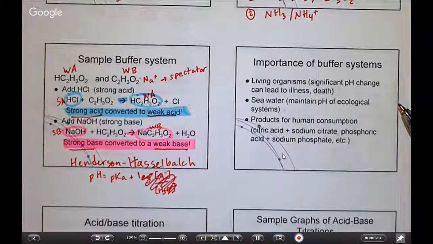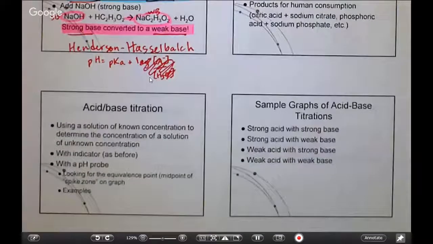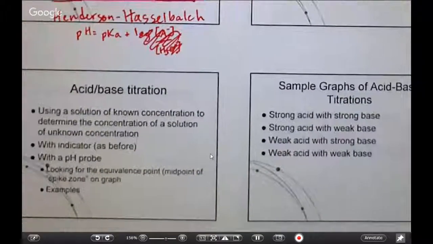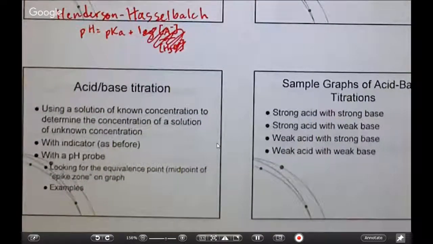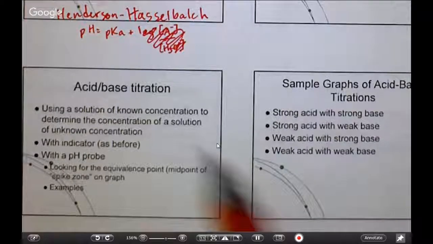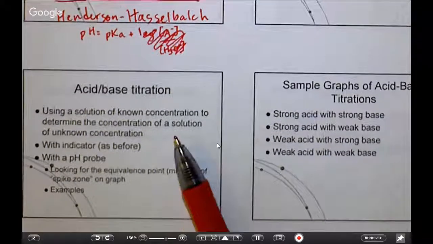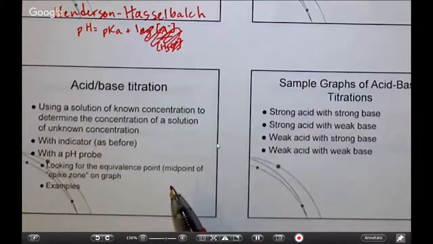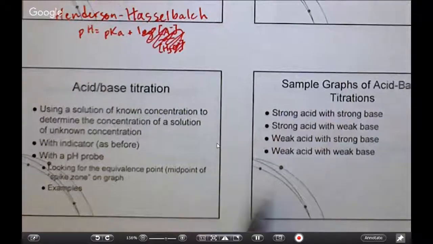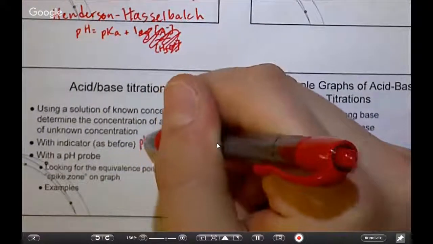All right, let's take a look at titration. Okay, so acid-base titration. This is, as we recall from before, where we use a solution of known concentration to determine the concentration of a solution of unknown concentration. What we've done before and what you'll do with your lab exam next week is to do it with an indicator. For us, we've used